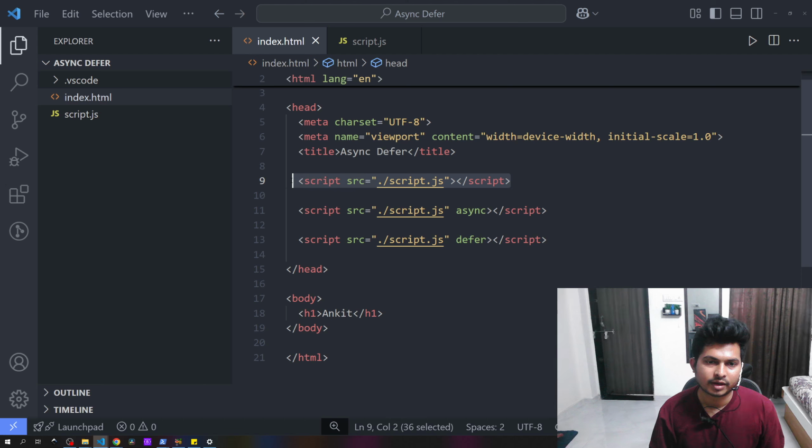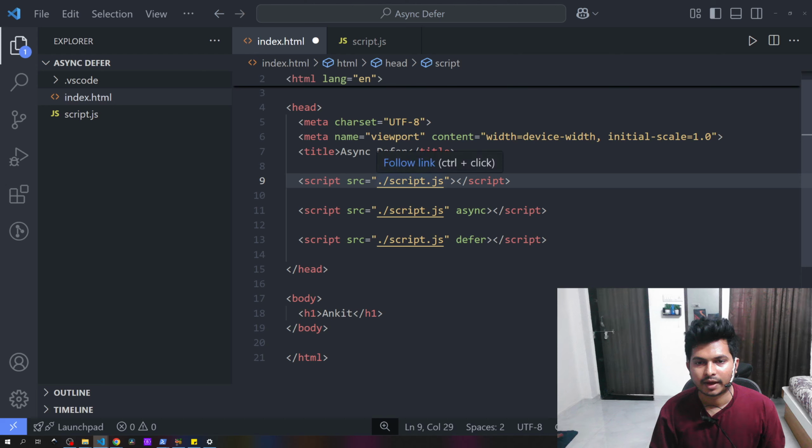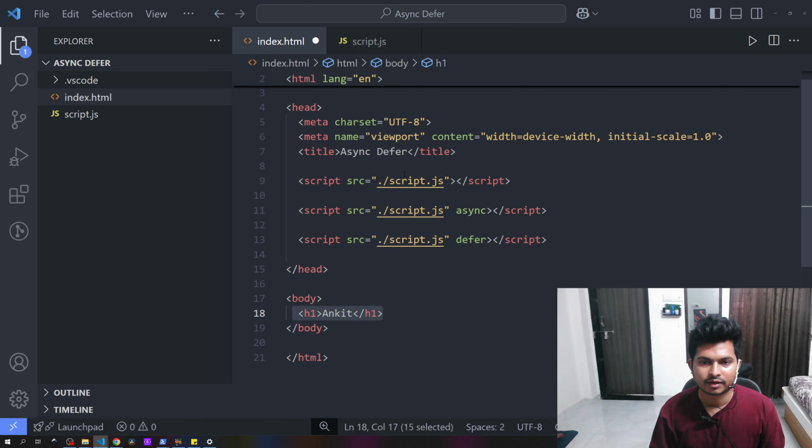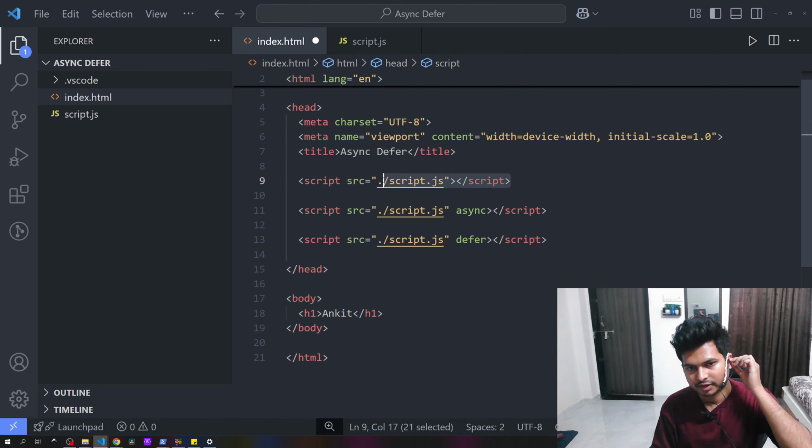So without any attribute, if we use this script, it will cause problems if we are trying to access the DOM elements in the script tag, and if this web document has some event listener or some interactivity, it can't access the elements below, because it will pause the HTML parsing right here.